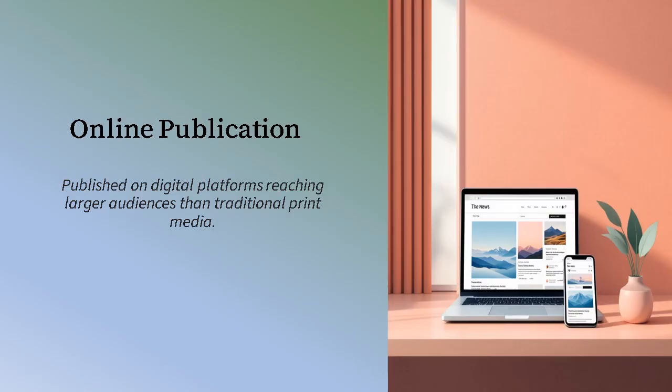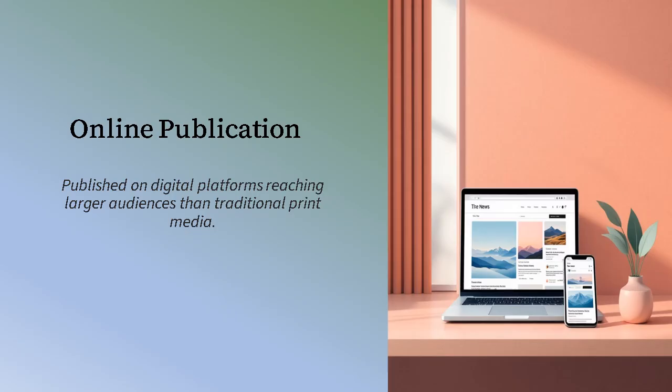The second characteristic is online publication. Of course, when we read the term print digital media report, we understand that there is something online, something digital. We use digital platforms here. Print digital media reports are published on digital platforms such as news websites and digital magazines, rather than traditional print newspapers.